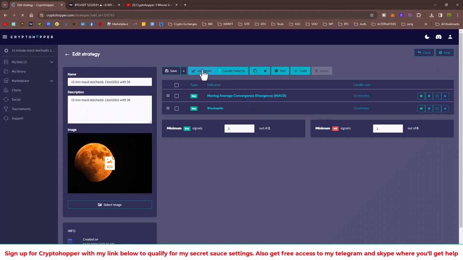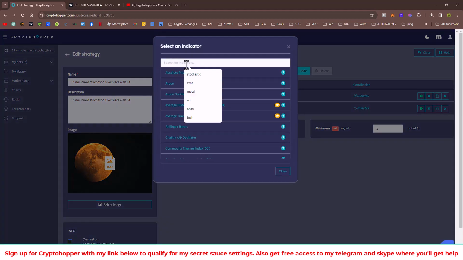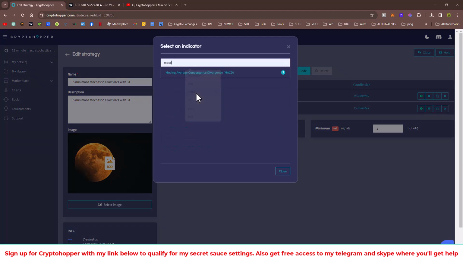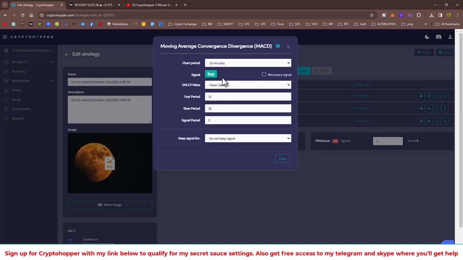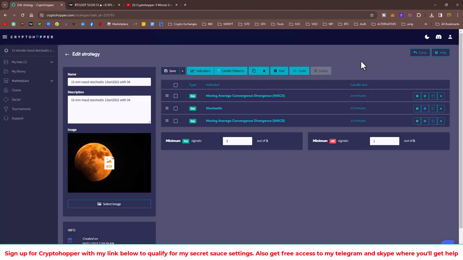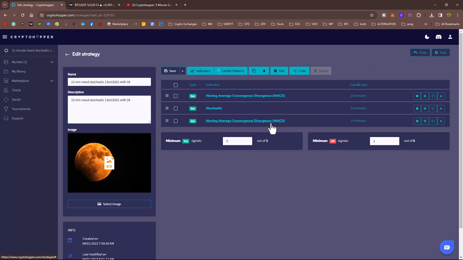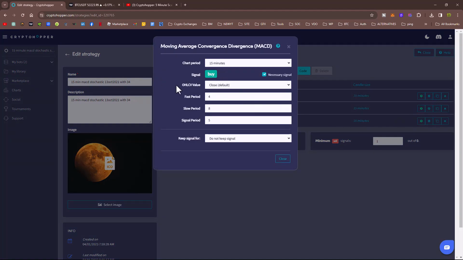Now what you do is down here, click on indicators, you search for MACD and you click on there, and then you're going to click on the 15-minute candles, necessary buy signal. Now what are my settings usually that I use for this? This one and this one. So this one is not needed, but this is the one I'm showing you how to set up. So let's have a look at the settings here. Now you set yours roughly the same as that,